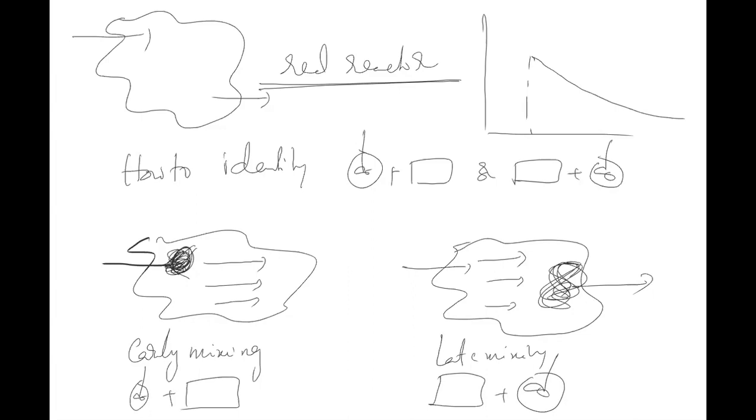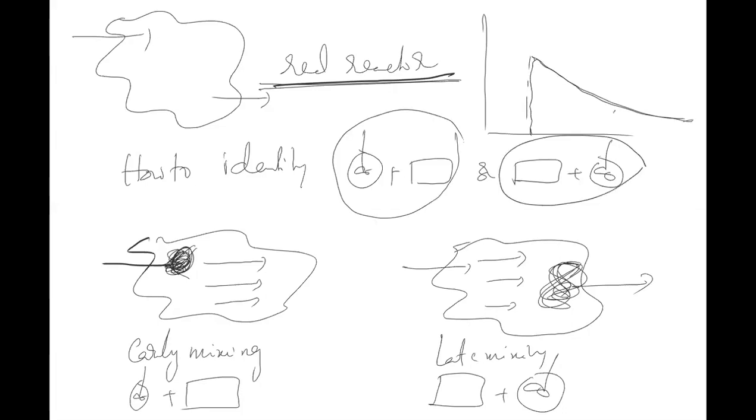So what I am trying to say is, if you have a real reactor and you got an RTD something like this, from the RTD I can't say whether it is CSTR followed by PFR or PFR followed by CSTR, because both will have the same RTD. But which one represents my real reactor, now you open your real reactor and see. If you have a nozzle in the real reactor, that means initially you have mixing followed by no mixing, that means CSTR followed by PFR. Suppose you find some disturbance or obstruction in the outlet, then that means PFR followed by a CSTR. This is called late mixing.